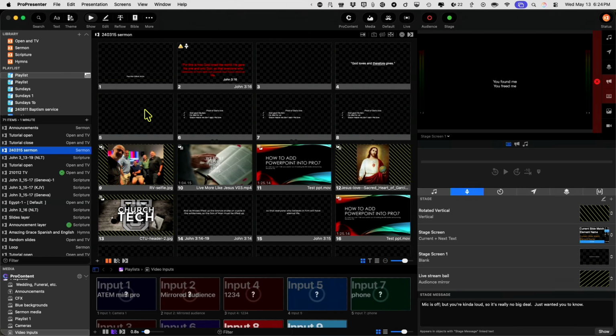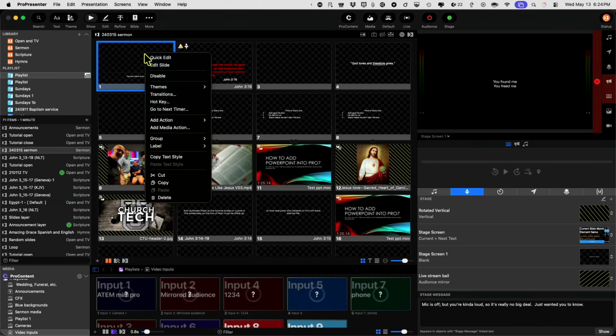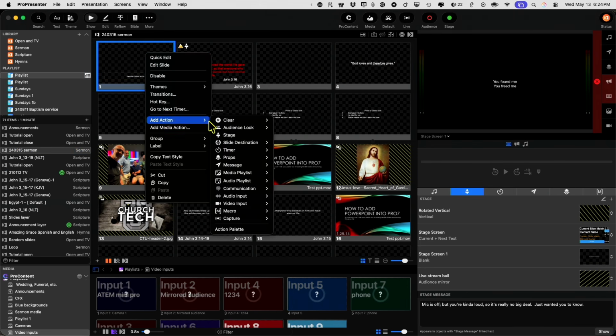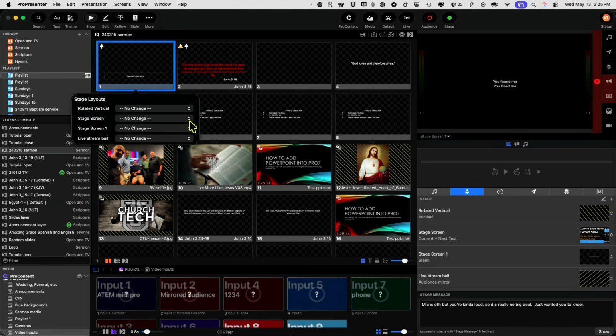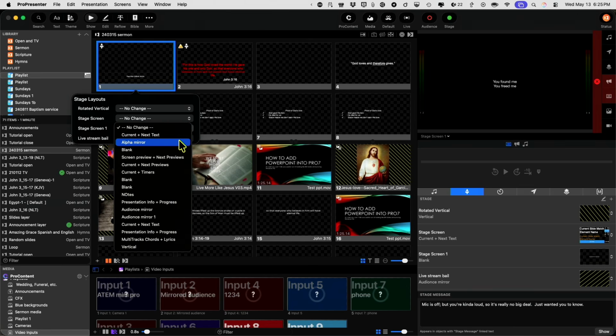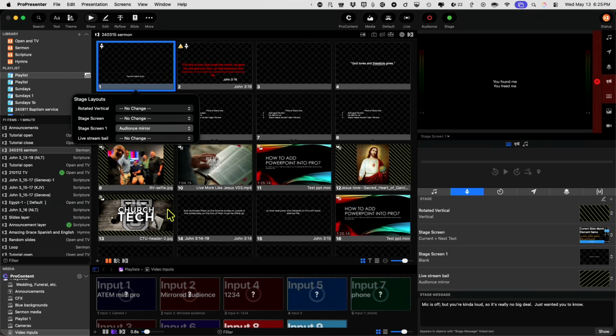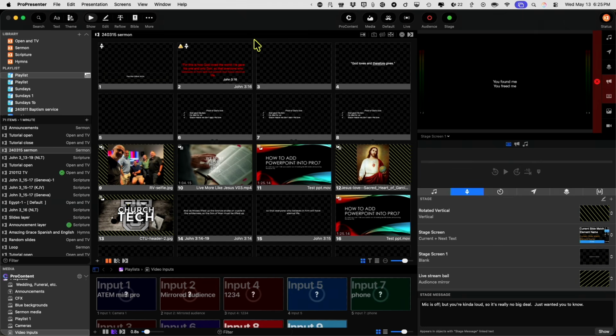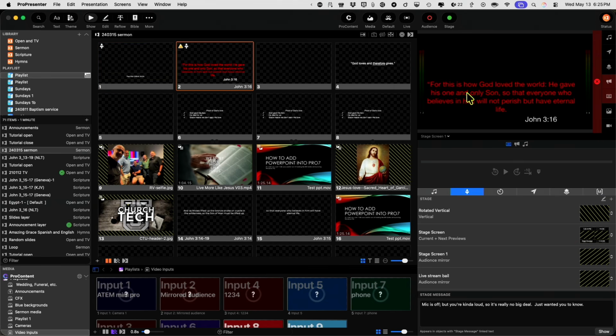That's why it's in the wrong place. So what I can do there is right click on this, add an action. I can do that with the macro as well. Add an action and then go to your stage. And for this one, I'm going to do an audience mirror, which I set up earlier. And so now, as soon as I get to this,